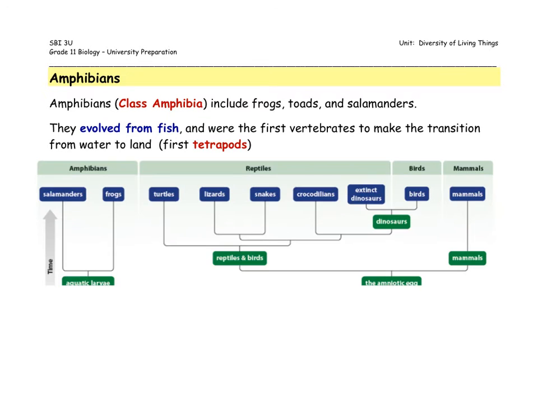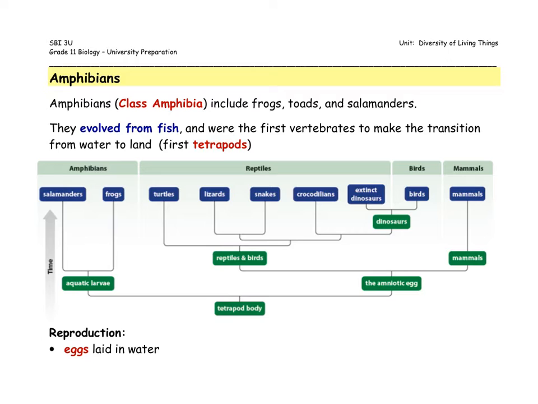Let's look at this phylogenetic tree here, okay? This is just an evolutionary tree, and we can examine sort of the family tree of all of the vertebrates minus the fish. We're not putting the fish in here. So if we look at that, we see the tetrapod body. Fish evolved into organisms with a tetrapod body. But then there's a schism. There's a divide there because